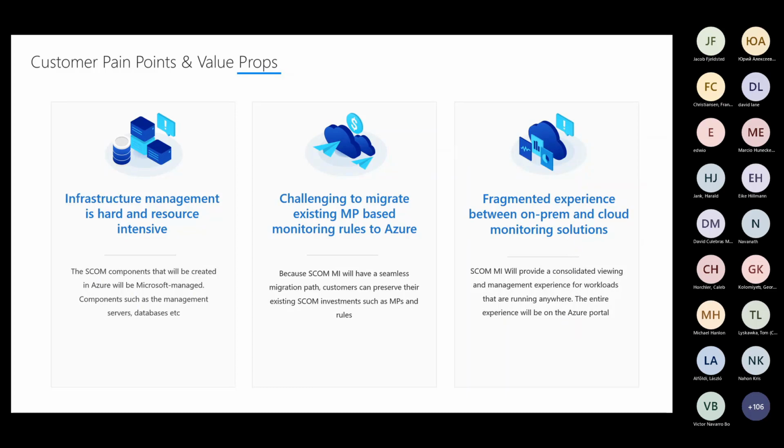First and foremost, infra management of SCOM MI. We have seen many customers who have dedicated monitoring admins taking a look at patching the SCOM, testing those patches in a dev or a test environment, moving it to Q&A, and then moving it to prod. Right? Those are valuable work hours, or man hours, that we are going to save with the help of this